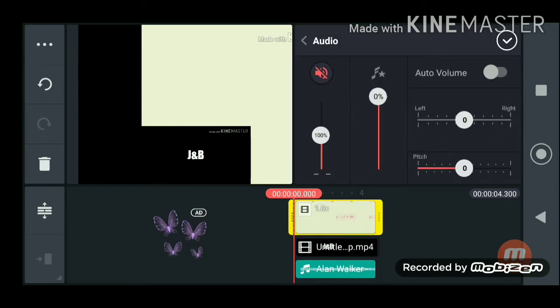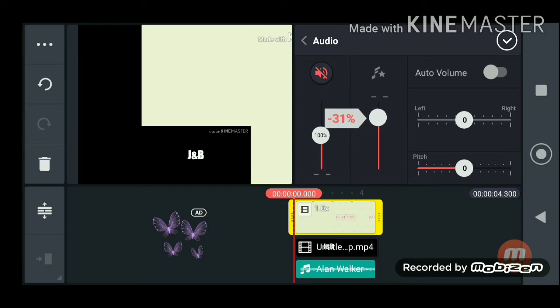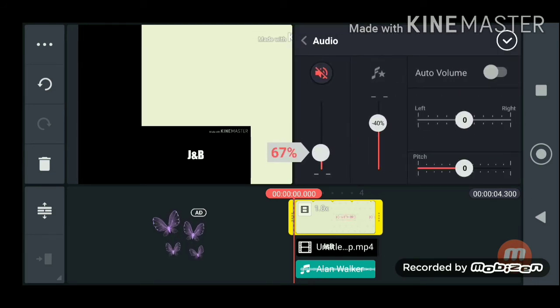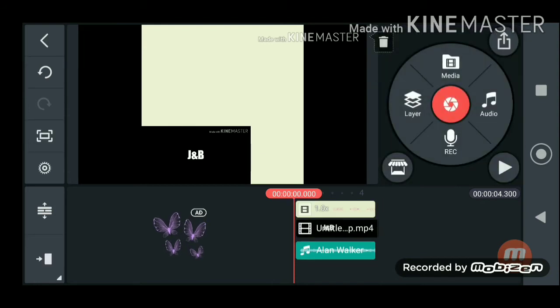You can just go to the sound and reduce the audio to 0 so that it doesn't have any sound, and you can reduce and decrease here also. Then after that, you should always click the plus tick button which is there, or else the changes will not be added.